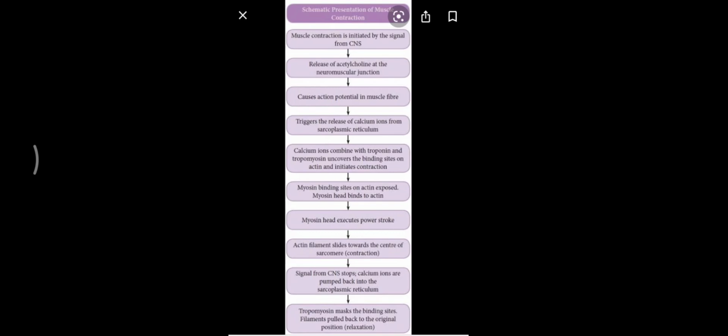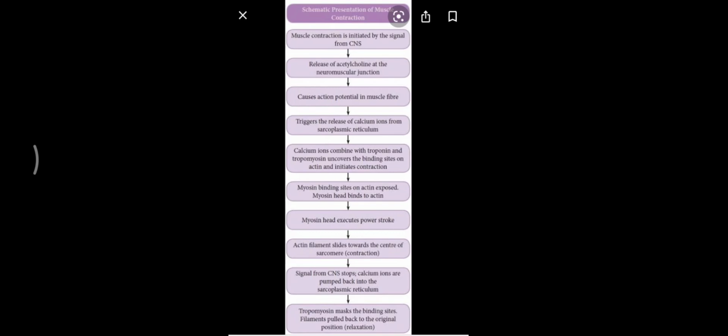Here in front of you is the image that gives you the arrow notation for the complete mechanism, and you have to learn the details of these arrow notations, which I am giving you in today's lesson.